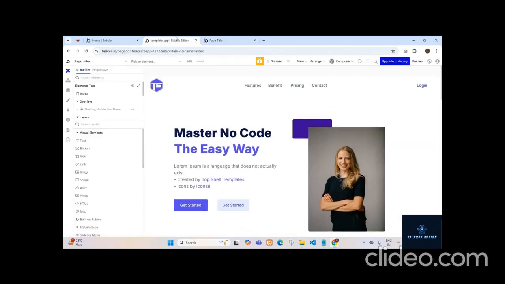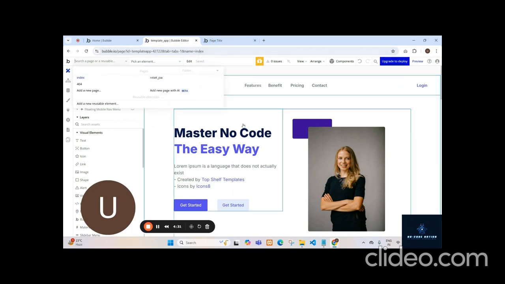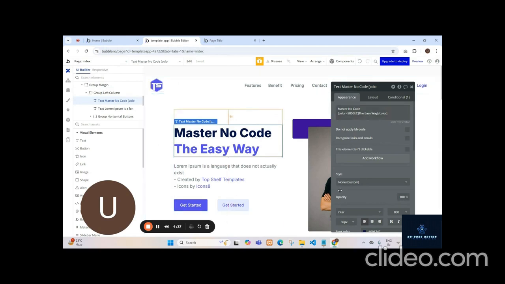Let's hop back to the Bubble Editor and see what pages are included. As we have selected the landing page only, we have only the index page here. We can create further pages later. If you want to edit any of the elements, you can just click on it. A pop-up will show up for that particular element. You can simply edit it. For example, Master No Code, I wanted to make it